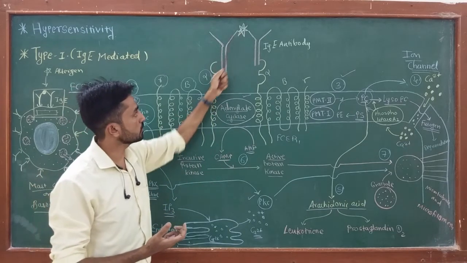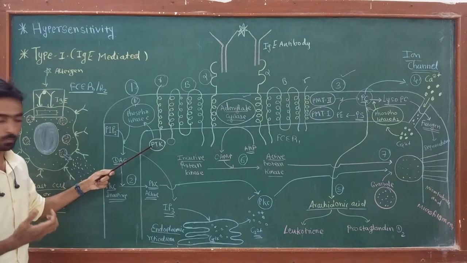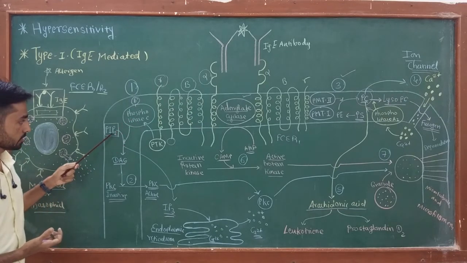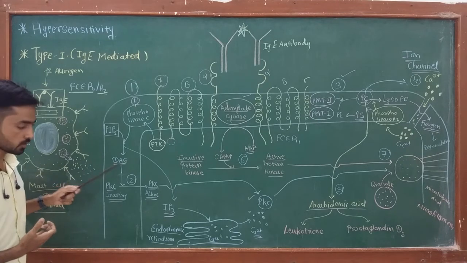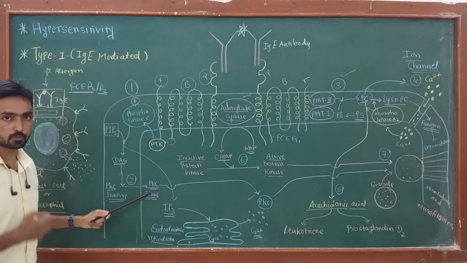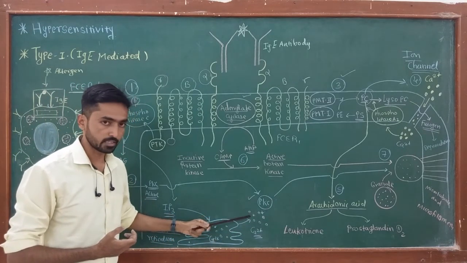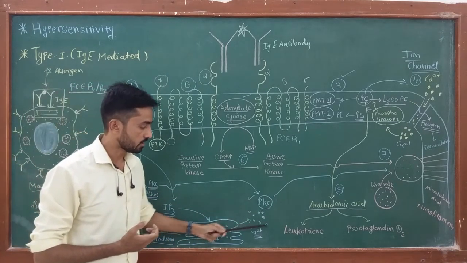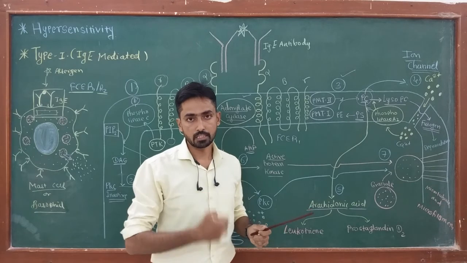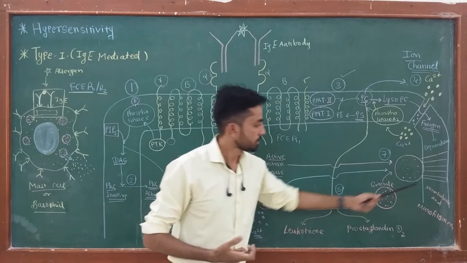Once the allergen cross-links the IgE antibody, in the first reaction PTK enzymes get activated, that is protein tyrosine kinase. The enzyme activates phospholipase C. Phospholipase C breaks down PIP2 into diacylglycerol and inositol 1,4,5 triphosphate. DAG activates PKC, that is protein kinase C, and IP3 acts on the endoplasmic reticulum, which releases calcium ions. Now PKC and calcium ions together act on the granules, increasing their permeability for water molecules and calcium ions, so the size of the granules increases and they become ready for fusion with the plasma membrane.